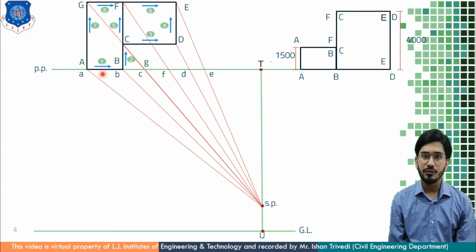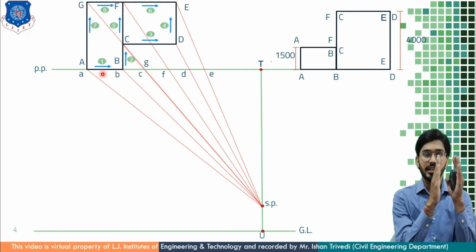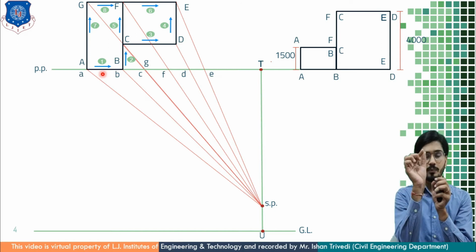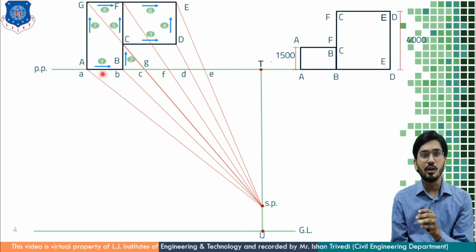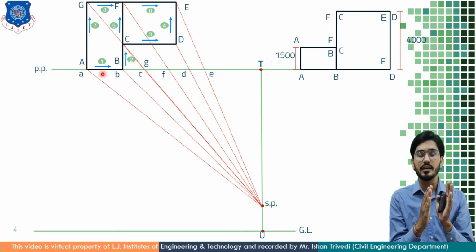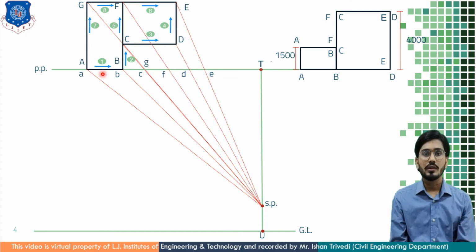Don't get confused. This would vary, this would happen. It depends upon each and every position. Here the position of T is mostly affected by where you are positioning. T can be here or anywhere, but from there you are highlighting your SP and looking at the object. So if my position is, for example, here, here and here, then the outer appearance would differ. It depends upon your position from where you are looking at the object, and that's why the intercept which I'm getting on the picture plane would also differ.